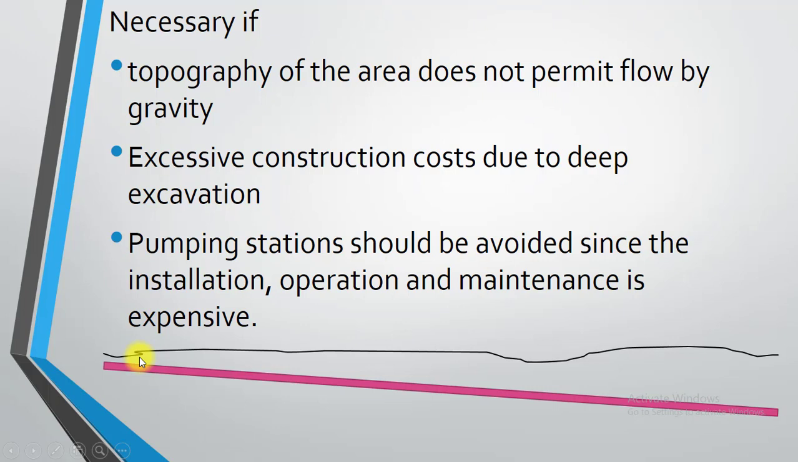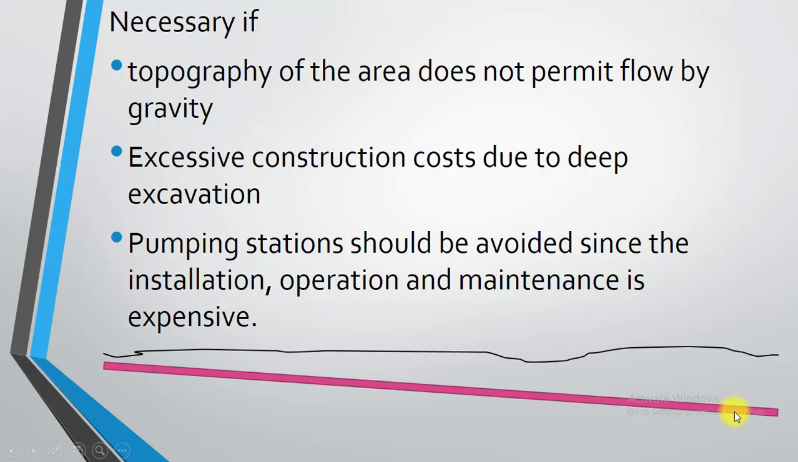The second reason is excessive construction costs due to deep excavation. Now, normally when we place the sewer lines, we have to produce a slope. It cannot be placed horizontally with zero slope. No, there has to be a slope of at least 0.5 or 1%. So from point to point, after a certain distance, we must do large or huge excavation work in order to place the deep